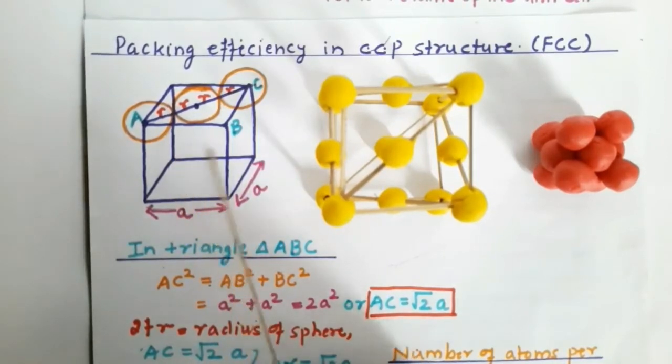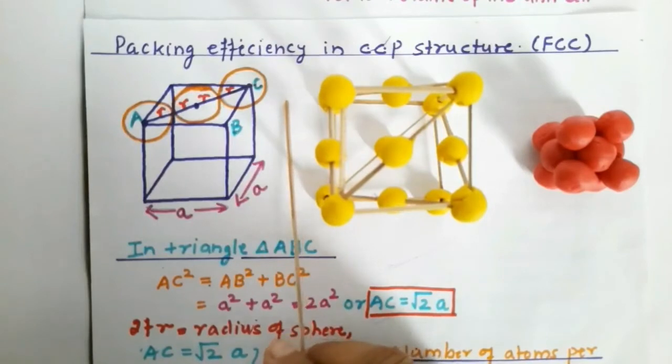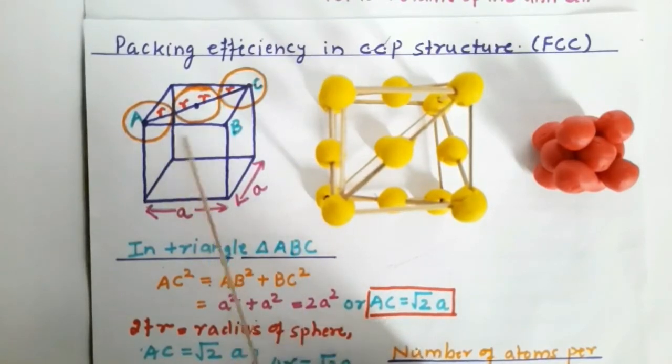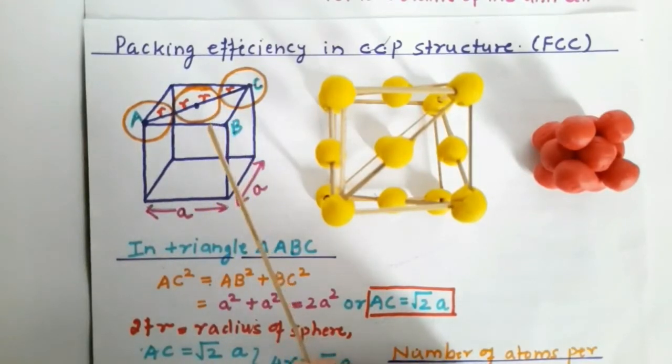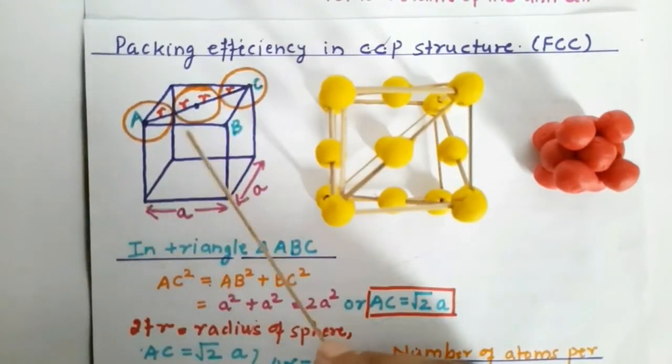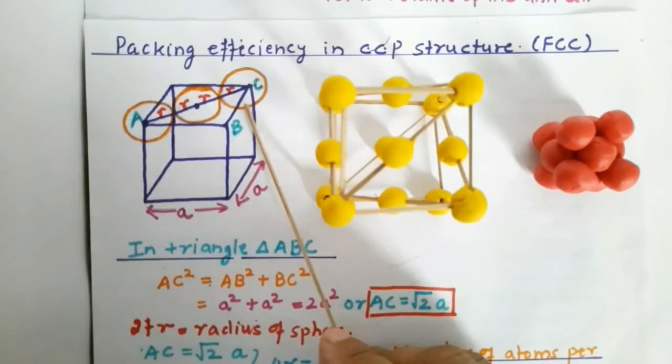In this triangle, AB is equal to a and BC is also equal to a. Here, the angles alpha, beta and gamma, all the 3 angles are equal to each other, and they are also equal to 90 degree. The triangle ABC is a right angle triangle, where AC represents the hypotenuse of the triangle,